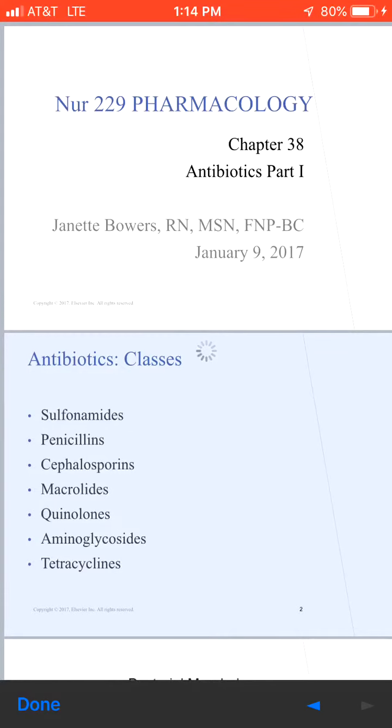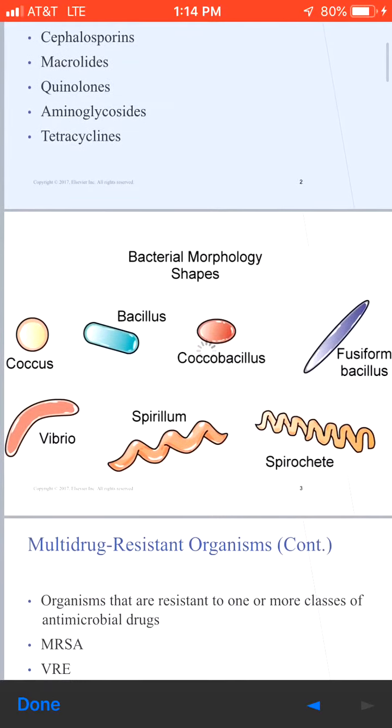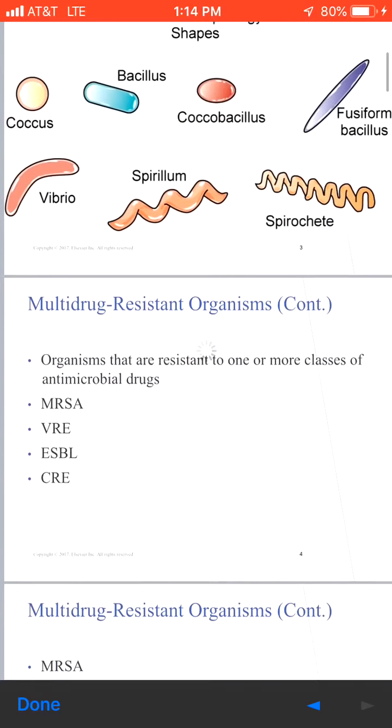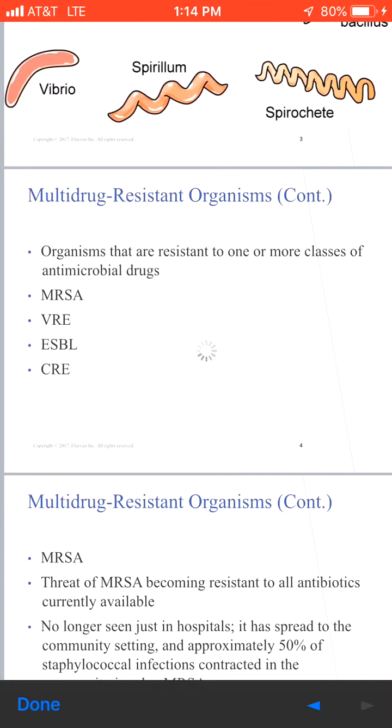So there's several classes of antibiotics that we'll specifically be looking at in these PowerPoints: the sulfonamides, penicillins, cephalosporins, macrolides, quinolones, aminoglycosides, and tetracyclines. Here's an example of some of the different shapes of bacteria that these antibiotics are used for. Big thing to talk about is multi-drug resistant organisms, typically because antibiotics used to be used inappropriately to treat